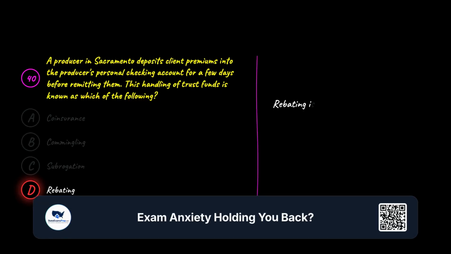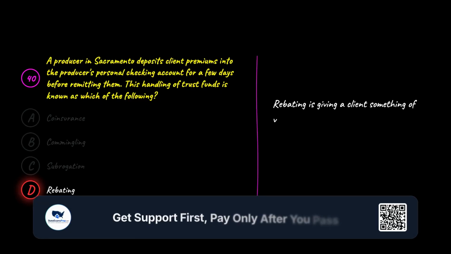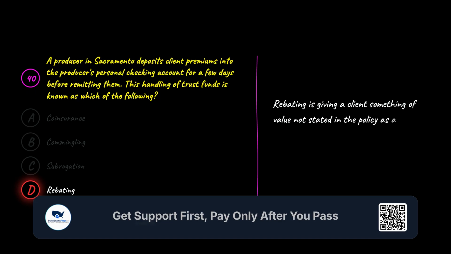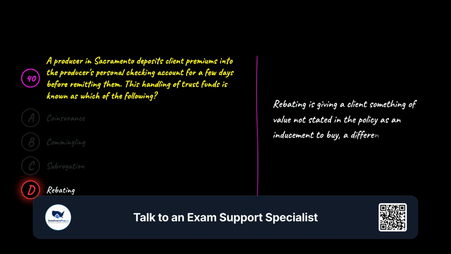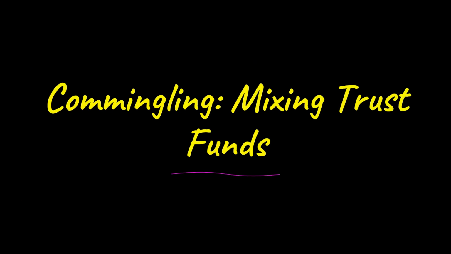D is wrong because rebating is giving a client something of value not stated in the policy as an inducement to buy, a different prohibited practice from mixing funds. Money a producer collects from a client is never truly theirs. Premiums are held in trust on their way to the insurer, and the law demands they stay separate from the